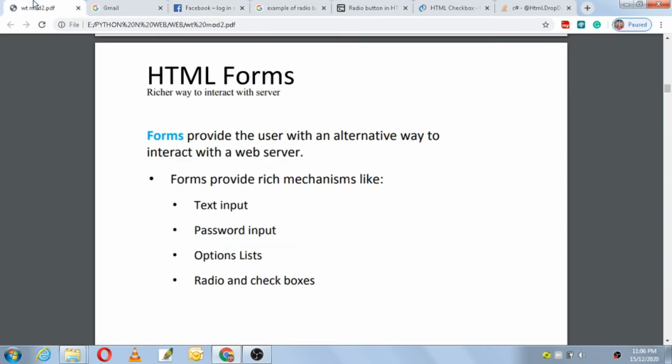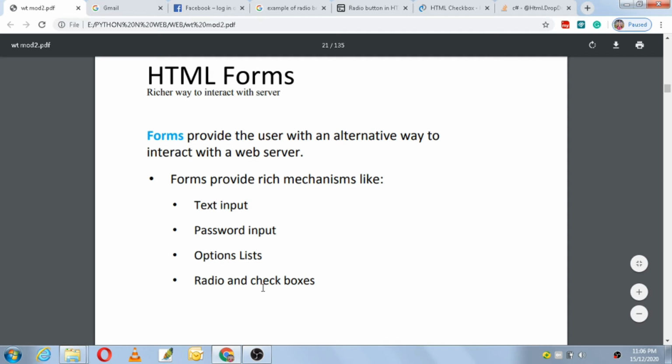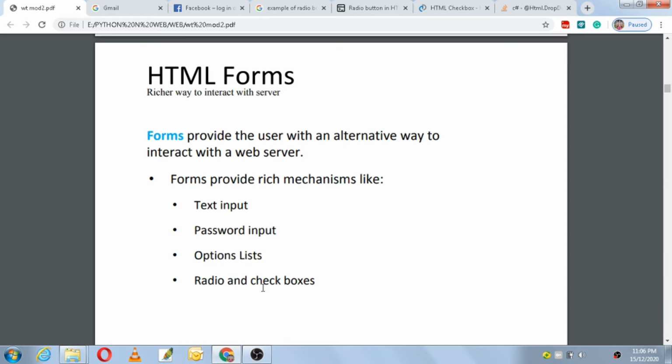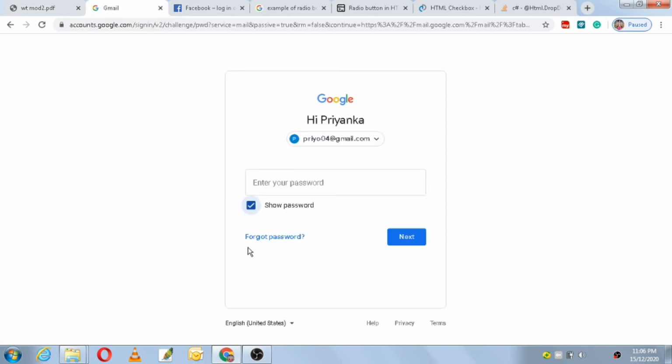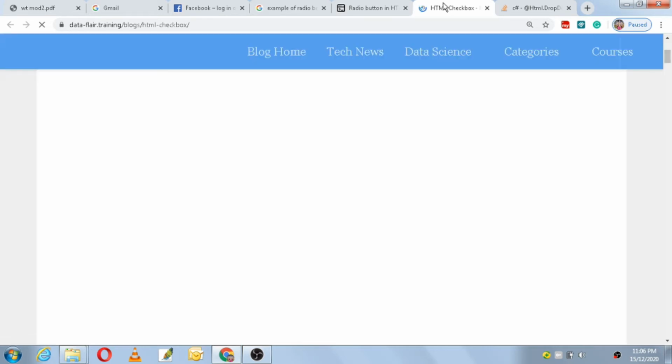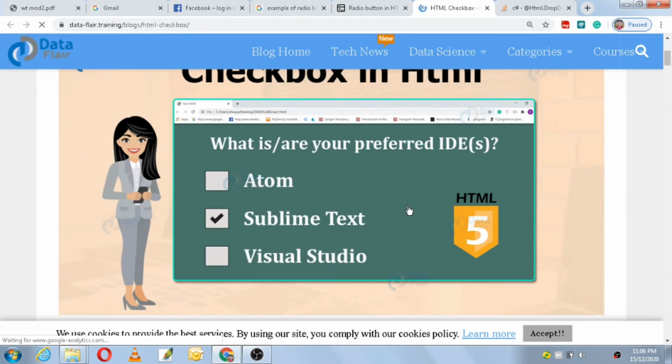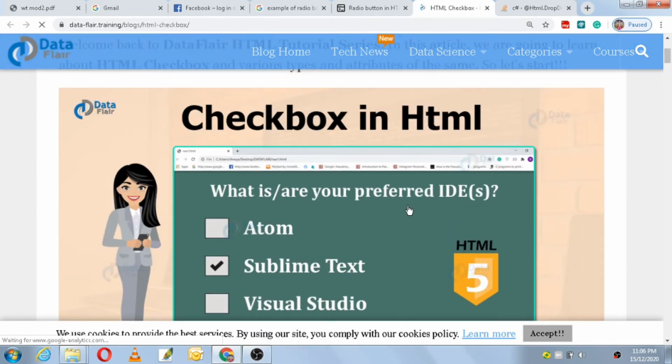Then also form helps us to have a checkbox. Checkbox is where you have to click show password or forgot password. You have this show password, this is known as a checkbox. Otherwise there is another example here for checkbox. So here checkbox in HTML.